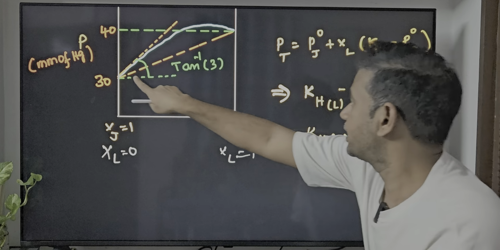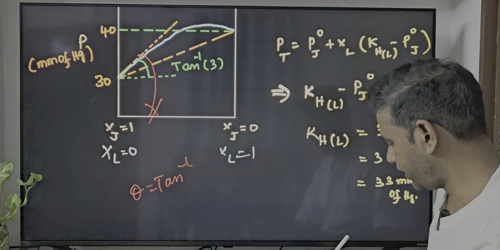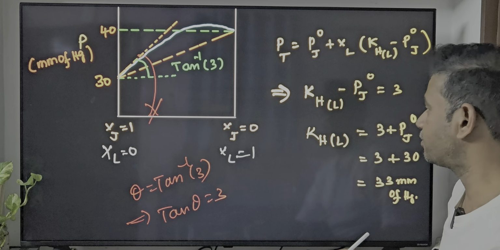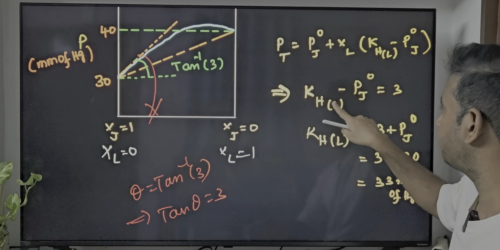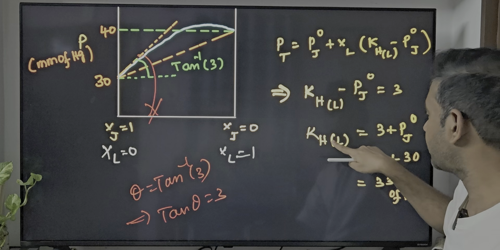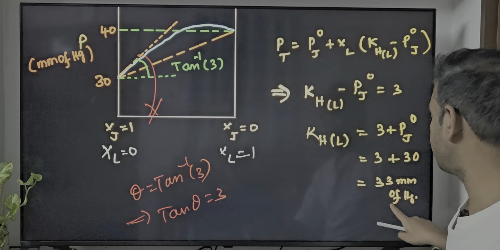tan theta is equal to 3. So here theta is equal to tan inverse of 3. That implies tan theta, the slope, becomes equal to 3. So here slope is Henry's constant of liquid L minus pure vapor pressure of J, and that is equal to 3. From that, Henry's constant of liquid L as XJ tends to 1 becomes equal